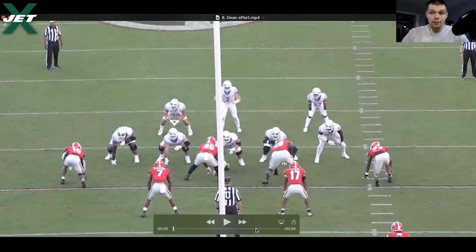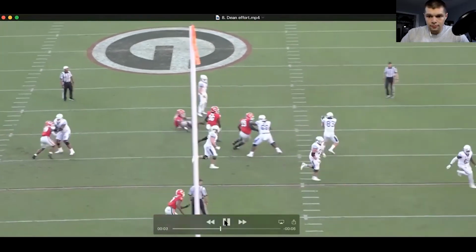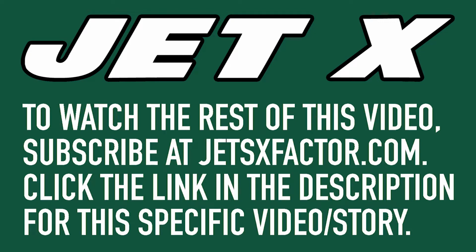Effort, always important. Watch guys, you don't see effort in college. What are they doing when they get a $15 million a year contract? You need to see effort right here. Again, get off that block, get into the play. They're running the tight end screen. Obviously, the running back swinging. Hopefully,